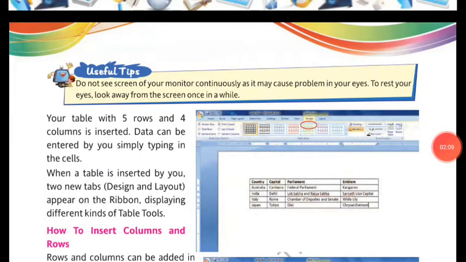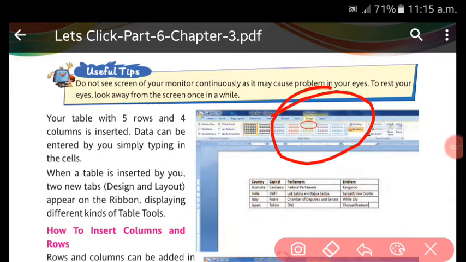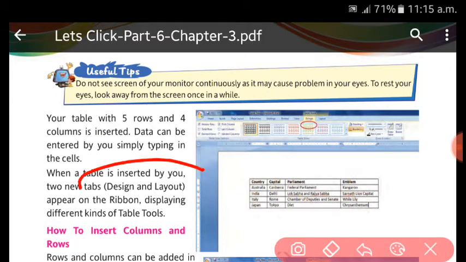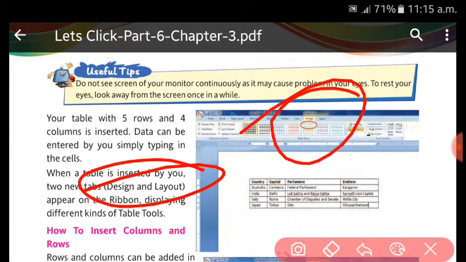By the help of this Design you can change the design of your table, right? So remember, when you insert the table, two more new tabs will open, Design and Layout. You can see, and with the help of this Design tab, many designs you will see. You can choose any design to apply on it.